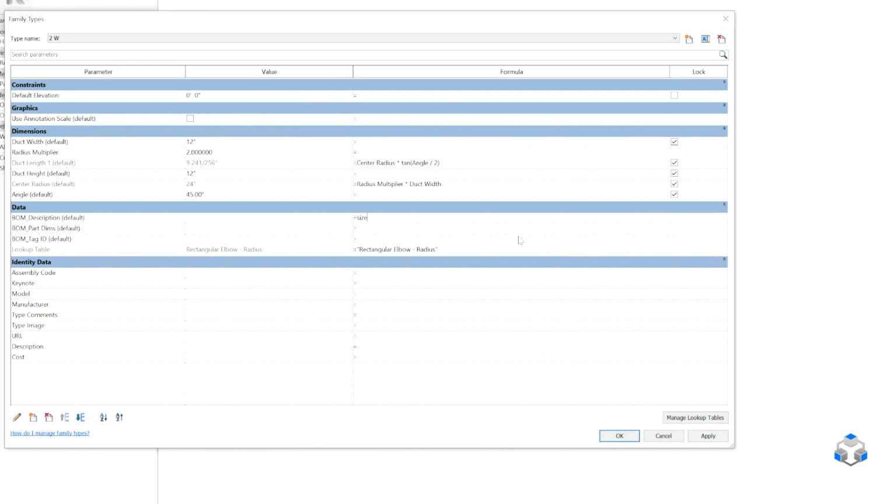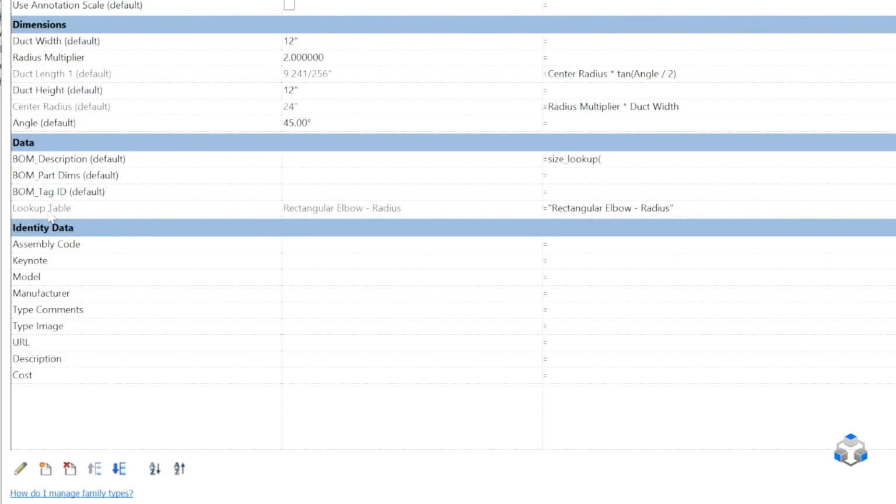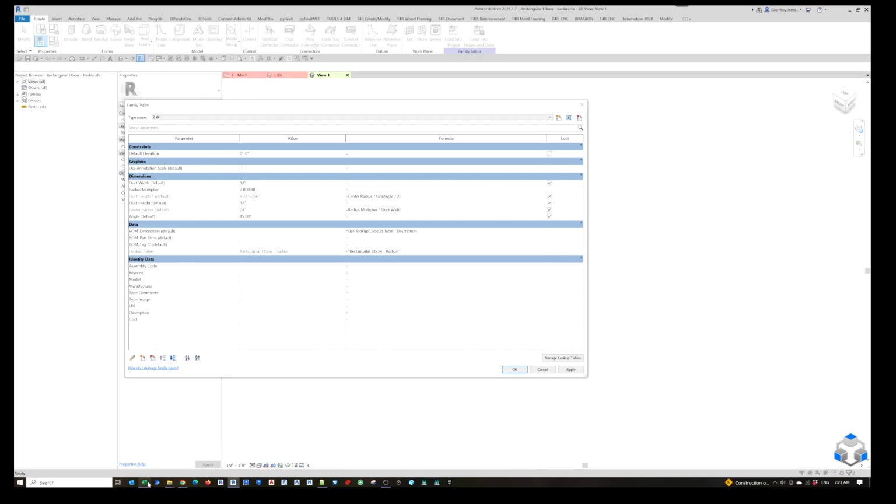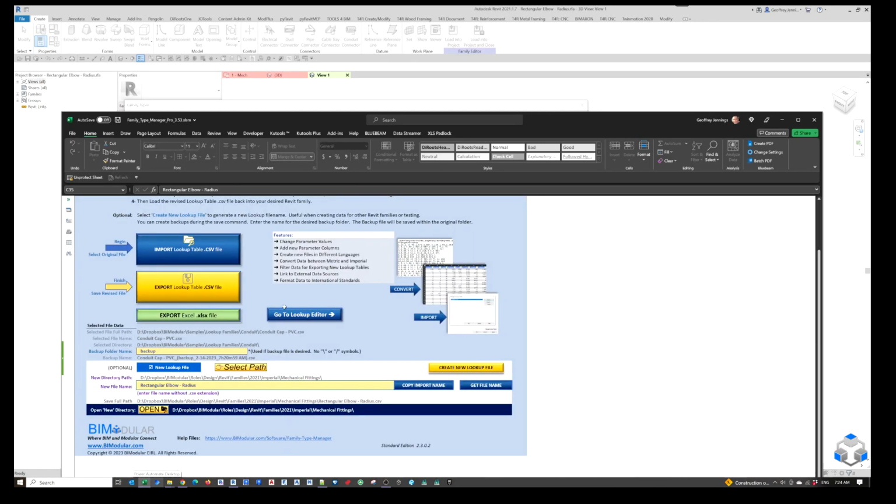So it's going to be a size underscore lookup. What is the name of the lookup table we're using? We're just going to reference this parameter called lookup table. What I want to look for is the description. If I bring this over here, what we're doing,